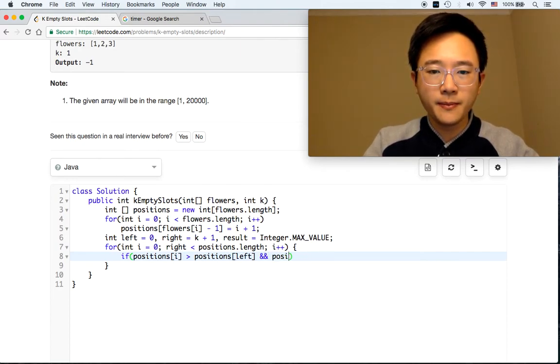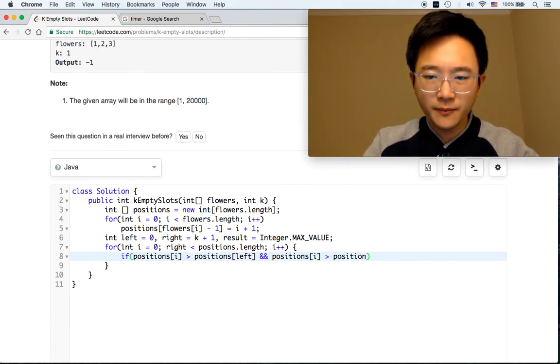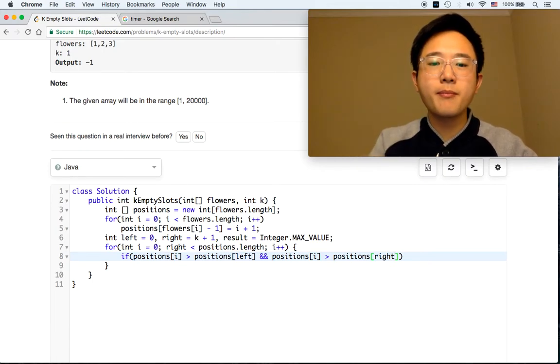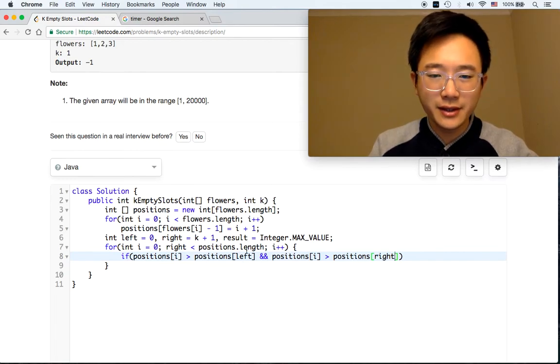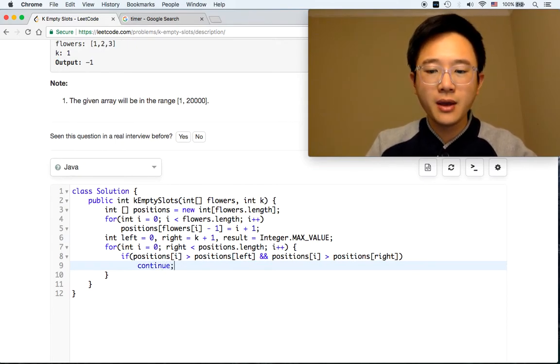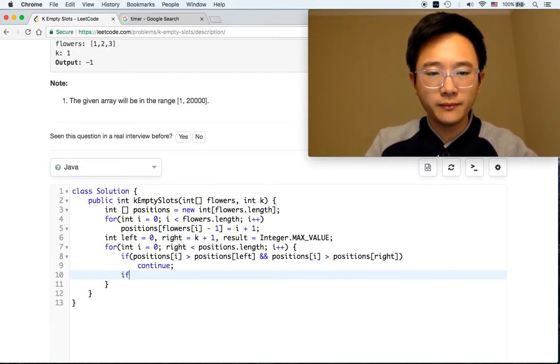positions, I can't spell, larger than positions right. Okay, if the day at this i index is larger than left and right, then this is what we want. We continue, we do nothing. But if